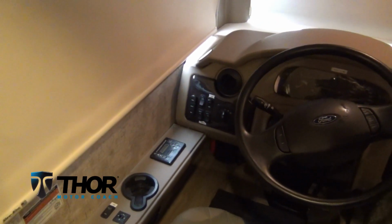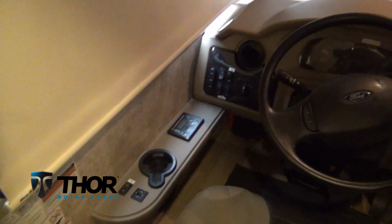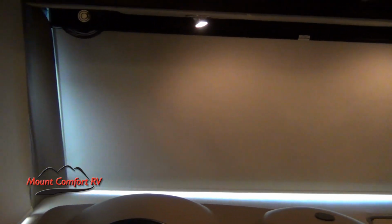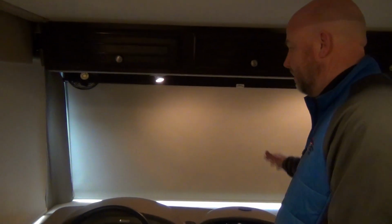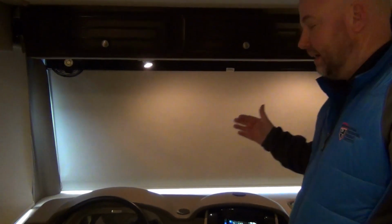That is your fully automatic leveling system. We do have a cup holder here, power mirrors as well. The front shade is also power, so you don't have to be trying to reach for it if you want to knock some sun out. And there's both night shades and kind of a daytime shade here that still allows some light to come through. We put down the night shades because otherwise it messes with our camera a little bit on the changing in